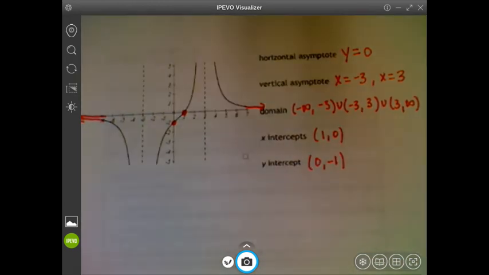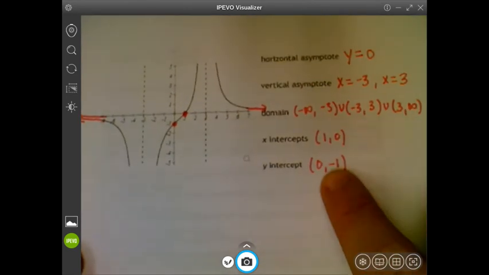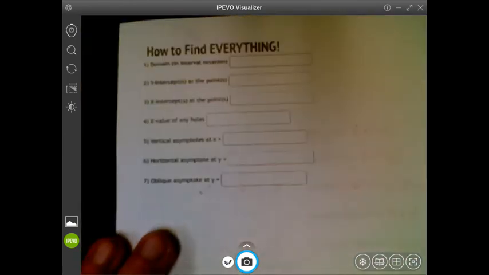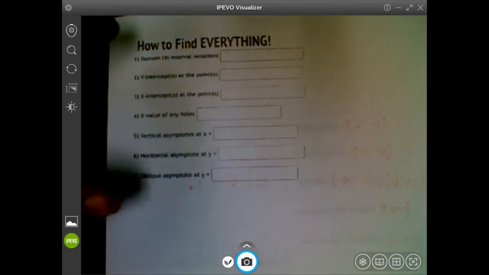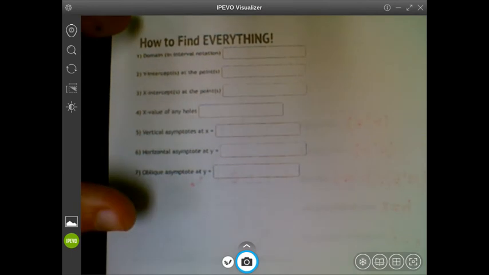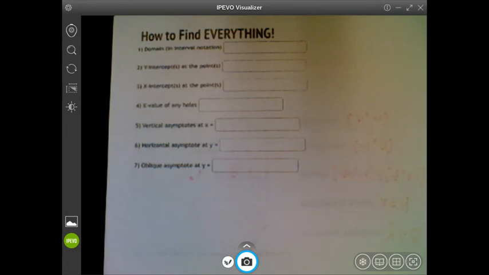All right. So what we're going to do now is we're going to talk about how to find all of these things, but without a graph. Instead of having a graph, you have an equation. All right, so here is literally how we find everything. How to find everything. So this would be really good for your notes in terms of having this as a go-to where you can see it really easily as you're working through these problems in your